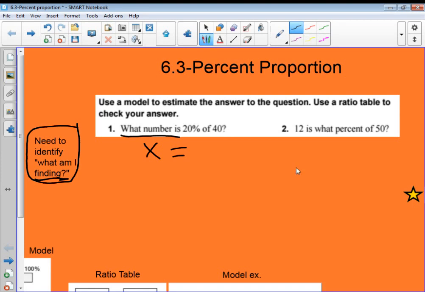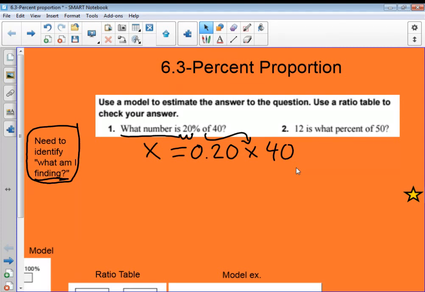And when I get that 20%, I put that into decimal form. So remember, I divide by 100, so I go 1, 2, which gives me 0.20 times 40. So x is equal to 2 tenths or 20 hundredths times 40. So when I see that, I can write out that equation first off. Another strategy